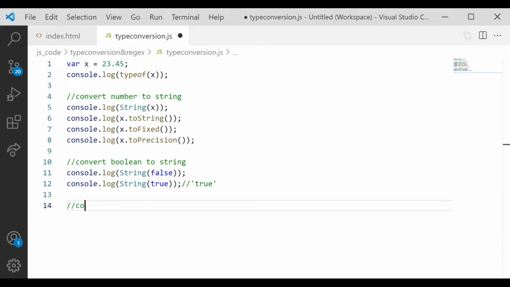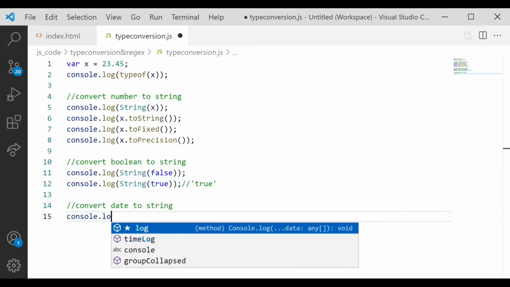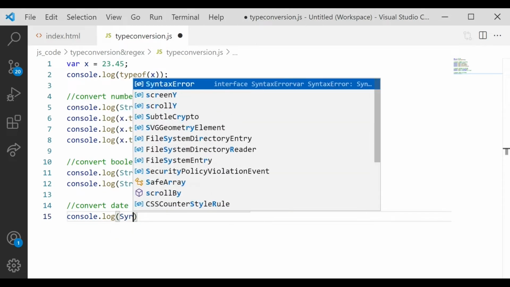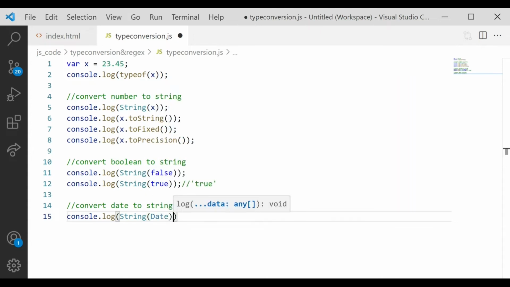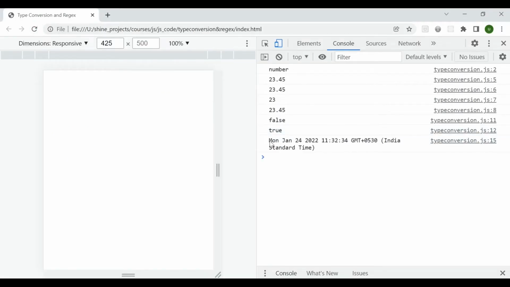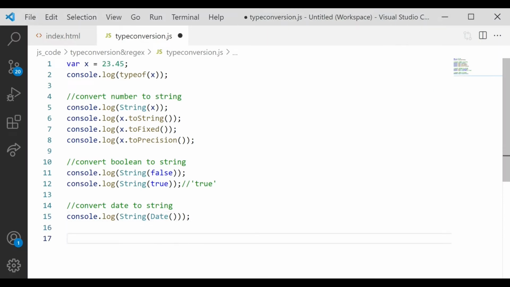I can convert my date to my string value. That basically means console.log of string of date. So I will just pass my date and I will get a string output. If I refresh, I will get this value in the string. That means we can convert our date object to string. Now we can convert